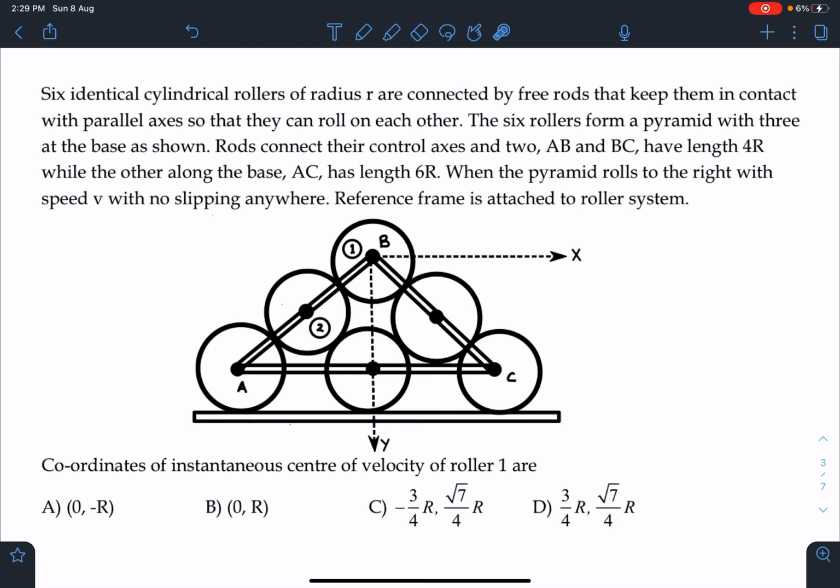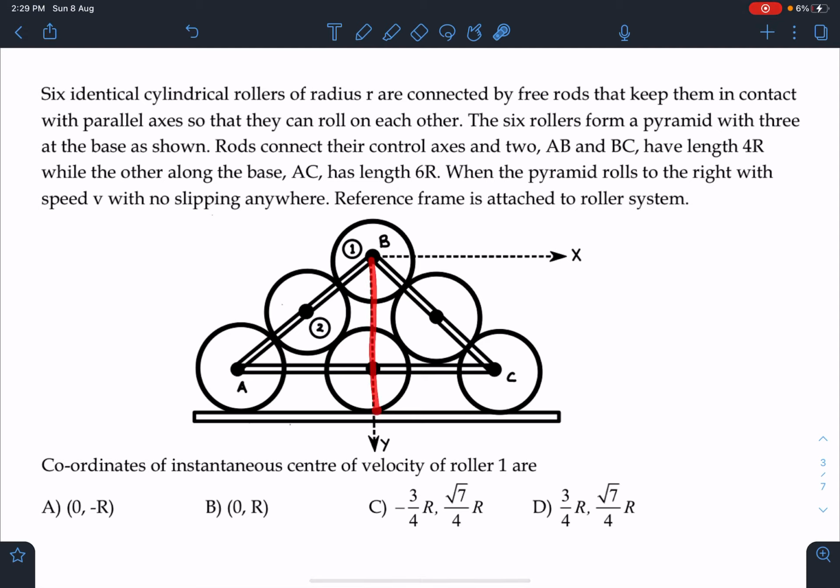So you can see here AB and BC have length of 4r, while the other along the base AC has length of 6r. When the pyramid rolls to the right with the speed of v with no slipping anywhere, the reference frame is attached to the roller system. So here it is given, and you have to be very careful about this origin, how this coordinate axis is taken. Yesterday when I discussed this problem with my students, while writing the answer, most of them were confused,